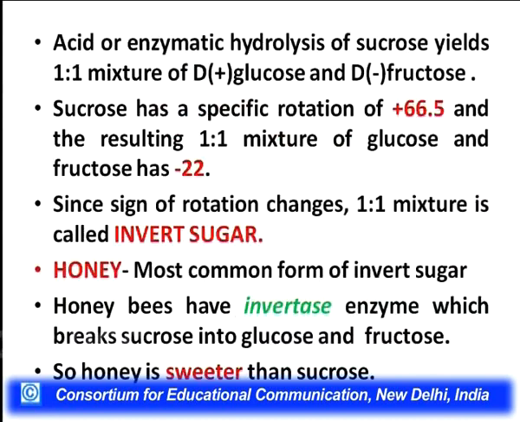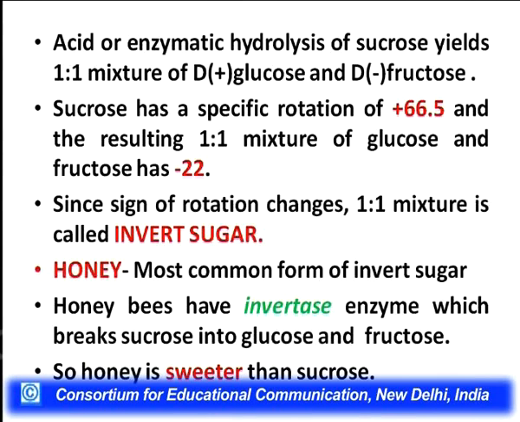Now, what I referred to in the beginning, that sucrose is also known as invert sugar. Why is sucrose called invert sugar? It is not that sucrose is invert sugar. It is because when we do acid hydrolysis or enzymatic hydrolysis of sucrose, it yields a 1:1 mixture of